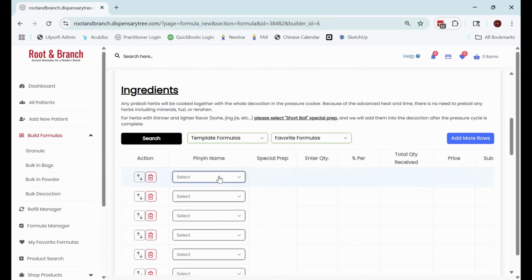So you can put in whatever ingredients you want here. And you can see in this column set, the special prep is right next door. So it's actually in front of the gram quantity. All of these columns can be adjusted in your settings, where they fall, which ones you can see, etc. So just keep that in mind about what might be here or not here, depending on what you're going to